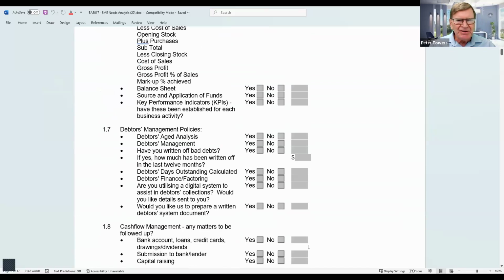What's the debtors age analysis? Do they know what that means? Is it being calculated at least on a monthly basis and then reviewed by the leadership team? This is very important because someone needs to be thumping the table to make sure that there's approaches made to these debtors. And in some cases, that approach might have to be made by a member of the leadership team